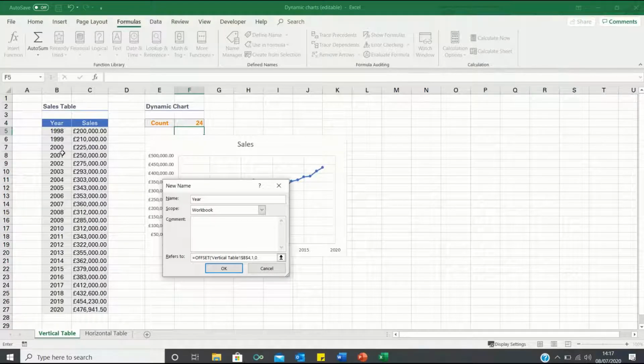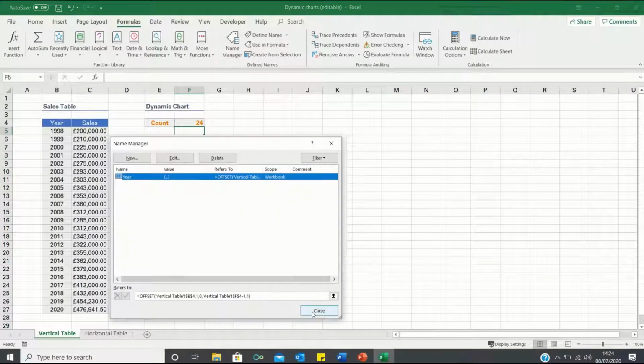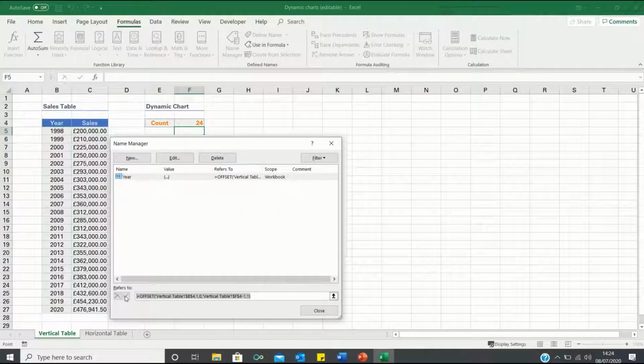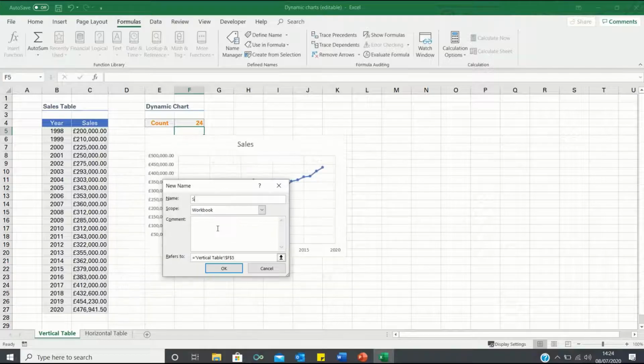Next, we can consider the height of the range given by the cell F4, which we calculated earlier, -1, as we do not want to include the year heading, which is currently included within the COUNTA calculation. We can then type 1, as our range is one column wide. We can now enter the name manager, copy the formula we just wrote, and apply it to the cells range. The only change we will make here is change the reference cell from B4 to C4 so that it refers